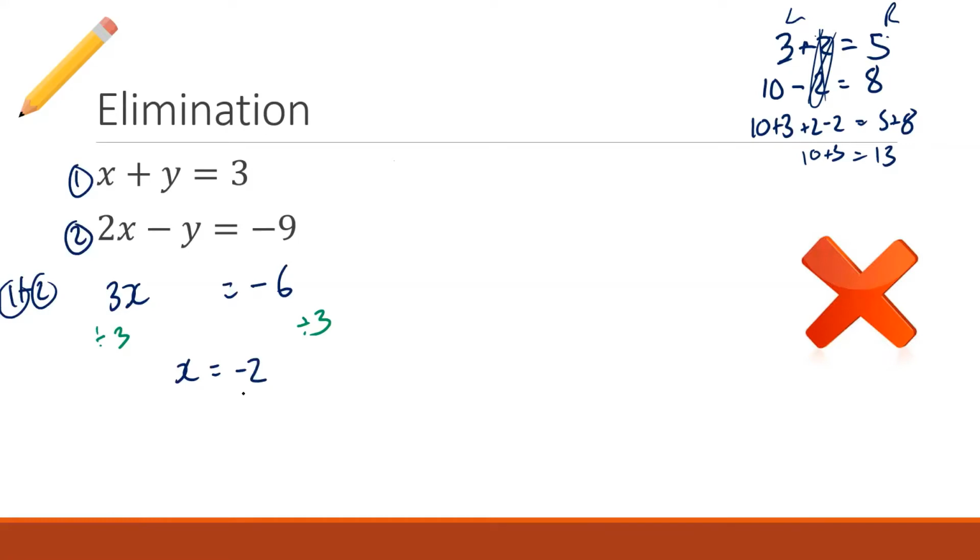Why can't they all be this simple? If x equals -2, let's substitute x equals -2 into equation 1. So again, we still need to use substituting, but I guess it's a little bit simpler here. -2 plus y equals 3. Adding 2 to both sides gives us y equals 5. Done.